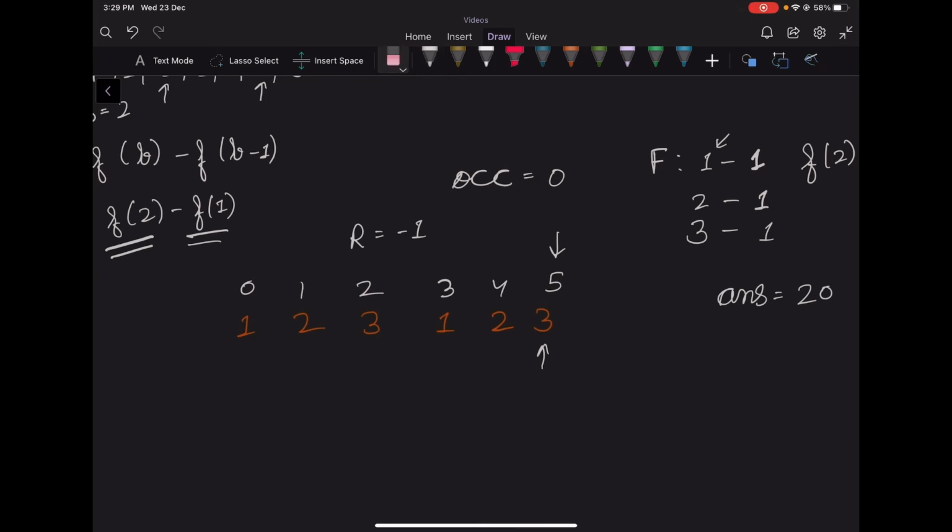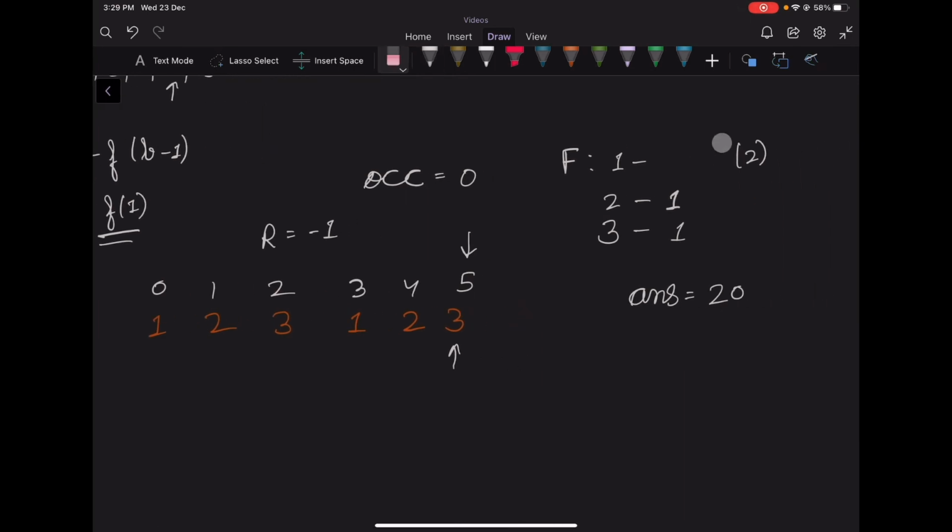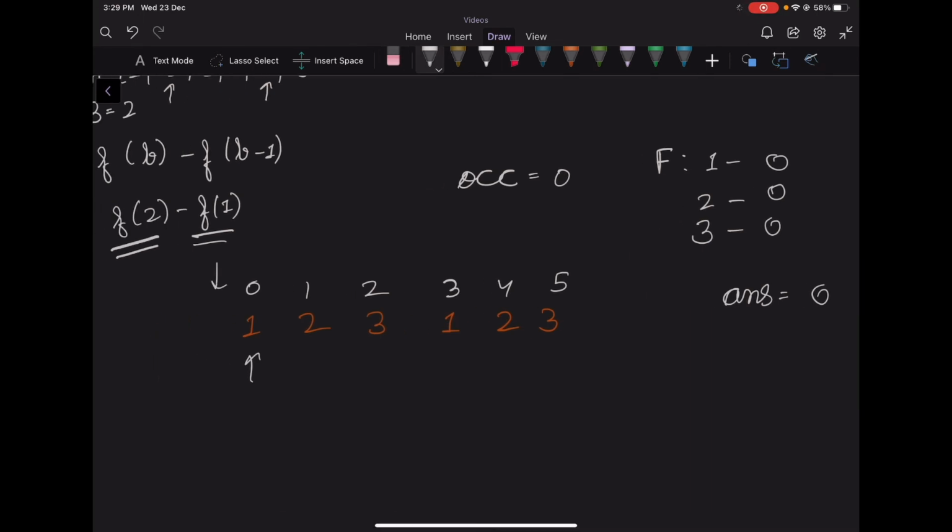So we will again set r as minus 1 and the frequencies of all the elements will be 0 initially: 0, 0, 0, and answer is also 0. So currently left pointer is at 1 and right pointer is at minus 1. So we can actually take the r plus 1th value, that is the 0th value, because that will increase the frequency of 1 to 1 but won't change the occurrences and won't exceed 1, right? So the frequency of 1 will be 1 and occurrence will be 0.